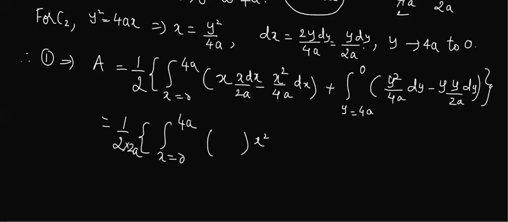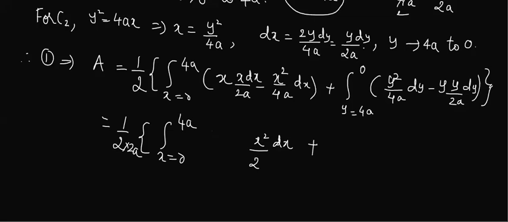Are you getting the part? I'm keeping this x square out. I have kept this 2a out. So remaining here is 1. See, this dx is also out. Remaining is 1 minus 1 by 2 here. What is 1 minus 1 by 2? 1 by 2. So shall I write x square by 2? See, I explained it.